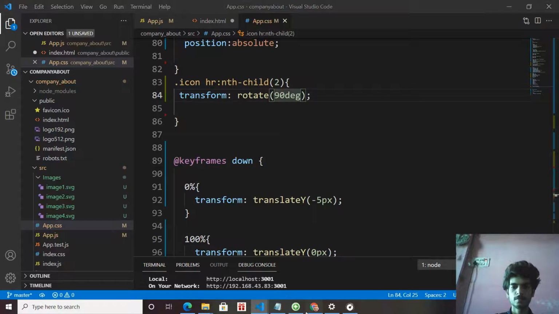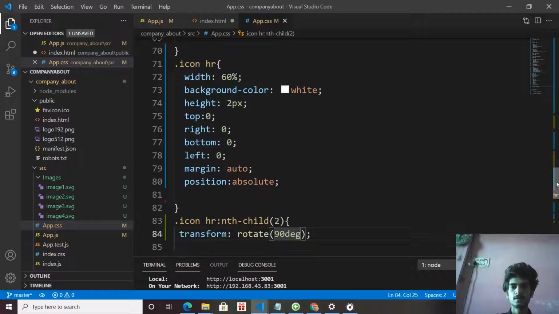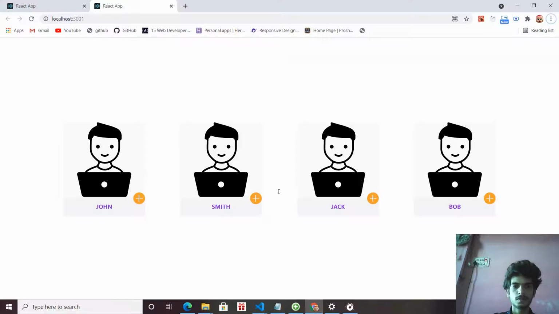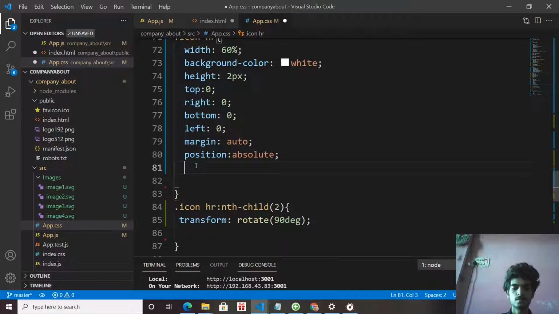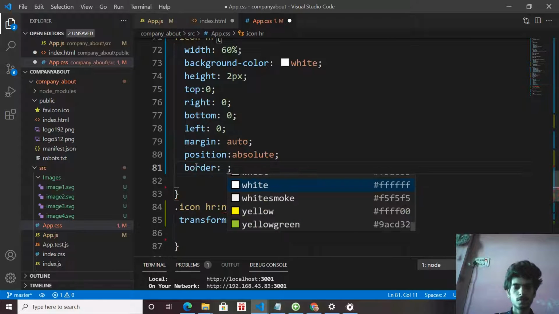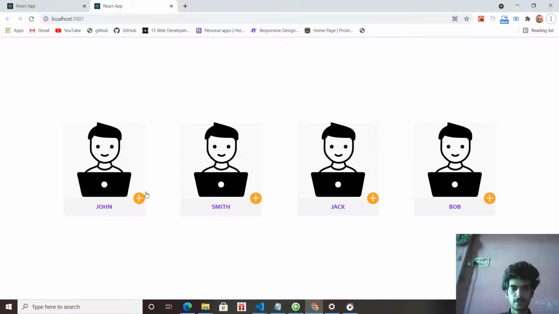When you see this, it is looking like the plus sign. Also, you can see the border of this hr is slightly black. We want to make it transparent so it looks more clean. See, now it is looking polished and clean.